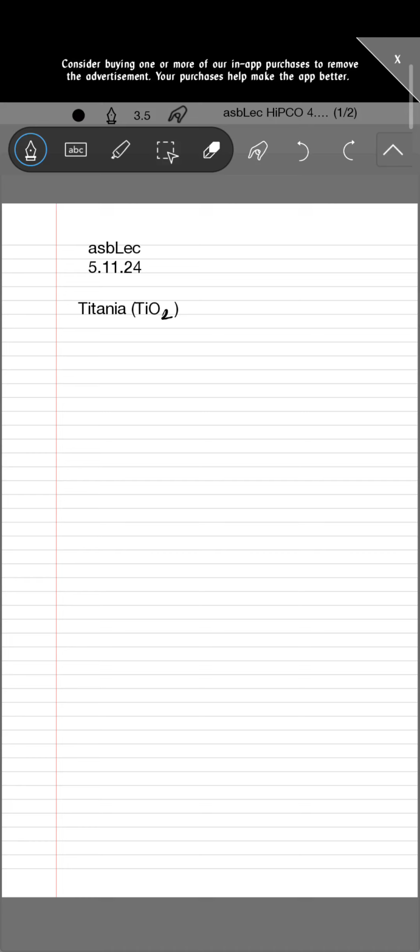Hello students, so today we will be discussing a very important metal oxide called titania. Its chemical formula is TiO2. Now titania is found in three different forms. The first one is called brookite,